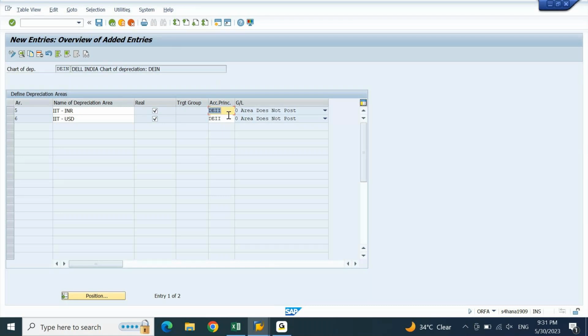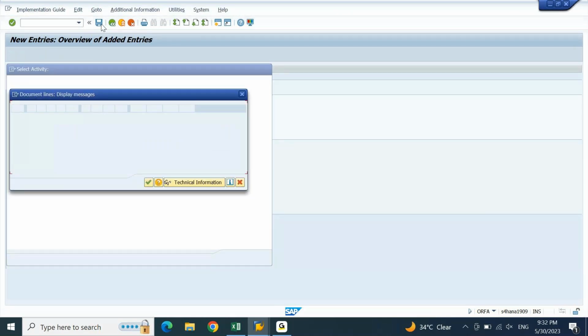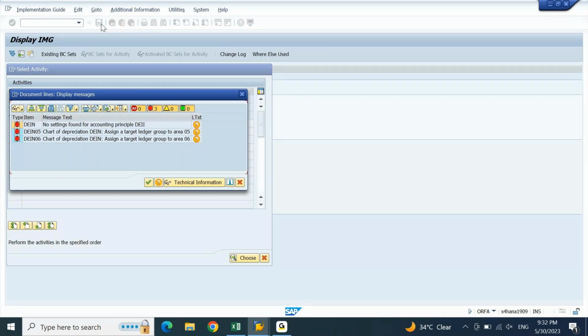Okay, now I am going to save it. When you are trying to save it, this is giving an error message. No settings found for accounting principle DEII. Let's copy this error message. Put this here.